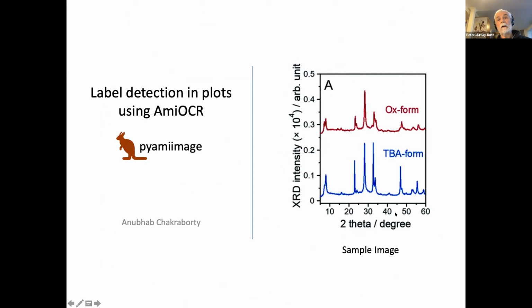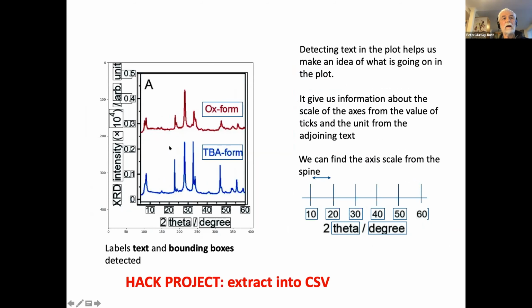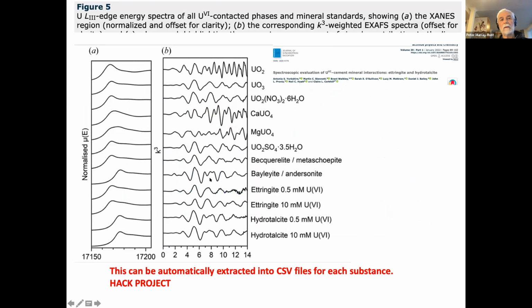So we're working on two diagrams for this. Anov has taken this diagram. He and I have split this up. He's doing the software for the axes. I think he's finished that. I'm working on the plot. I haven't quite finished that. We will put it together, and then you will end up being able to extract that into CSV. And we'll also do the same thing for this plot here.